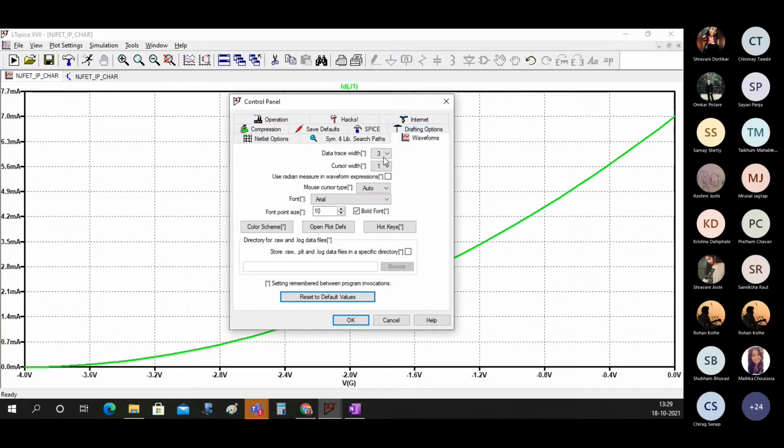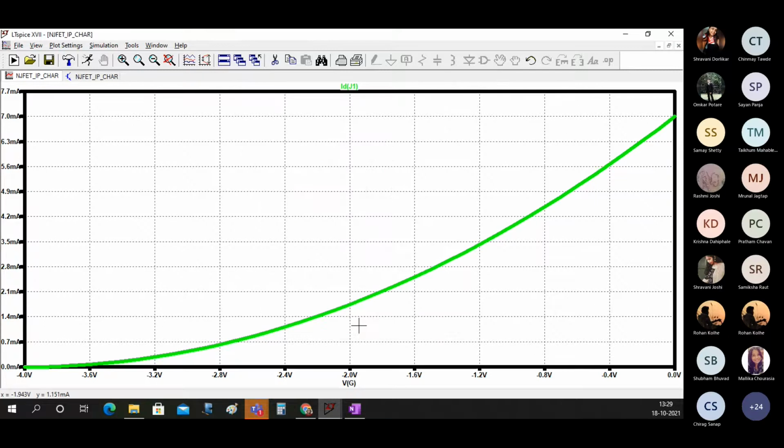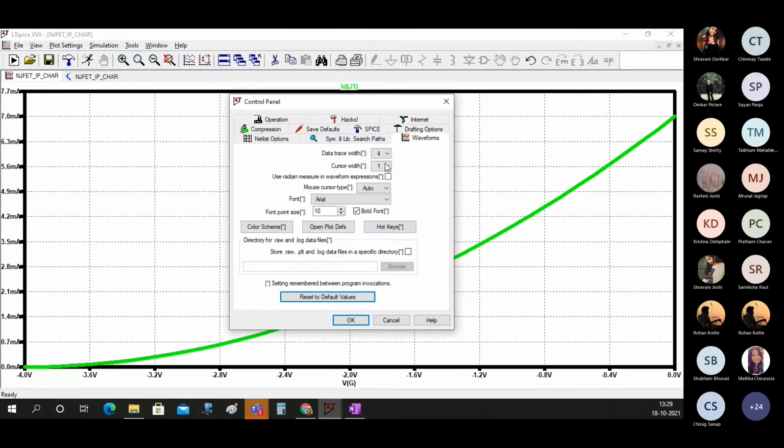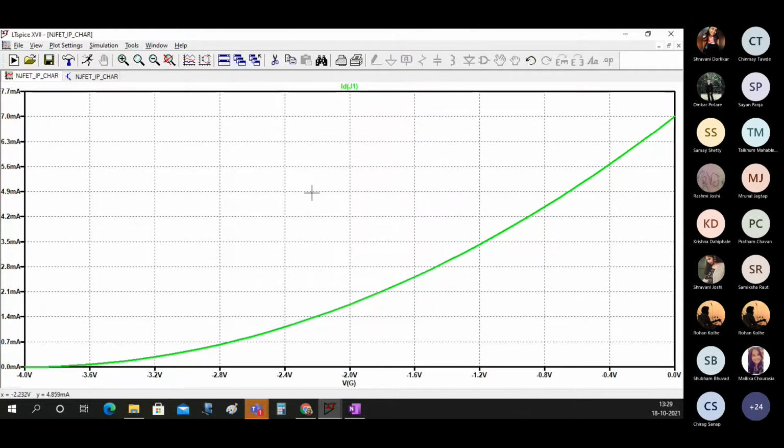In waveforms you can increase the data trace width. If you make it 7, you can see it becomes very dark, right? So 3 is a comfortable value. Of course you can have the width that you want, but it should look nice. It should not look weird. So that much care you take, that is absolutely fine.